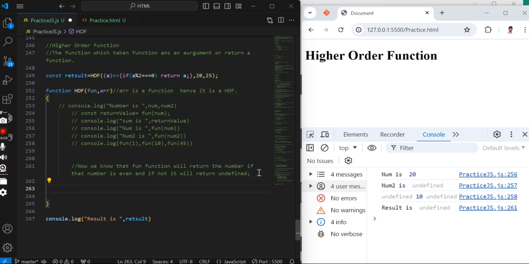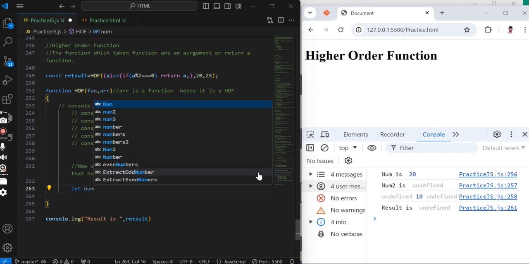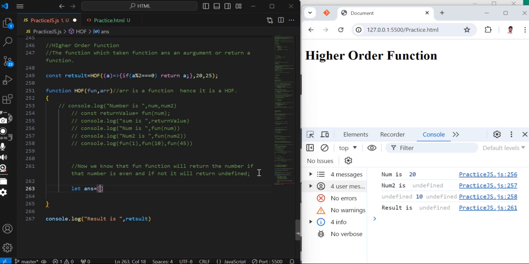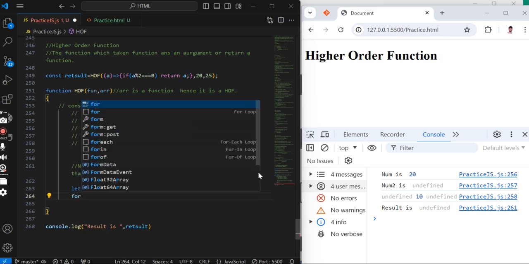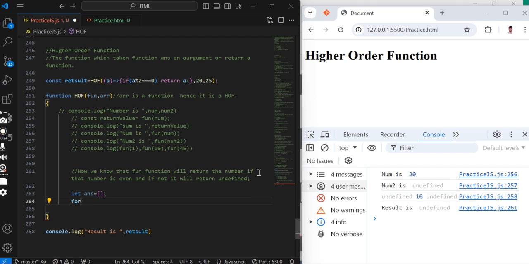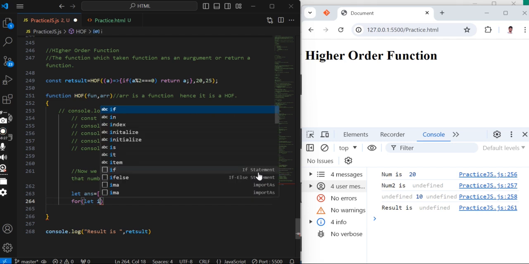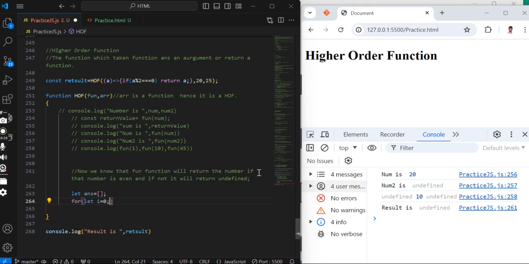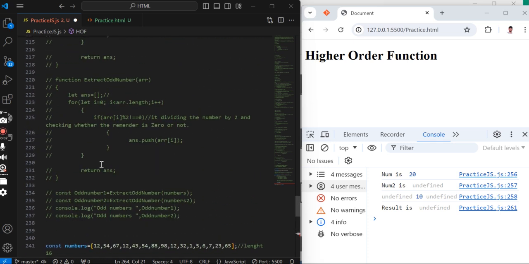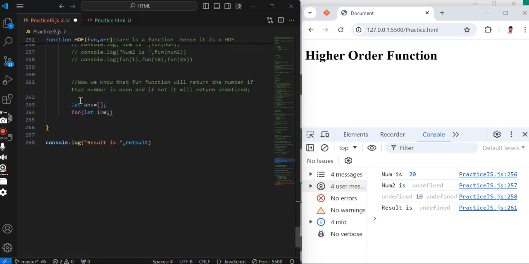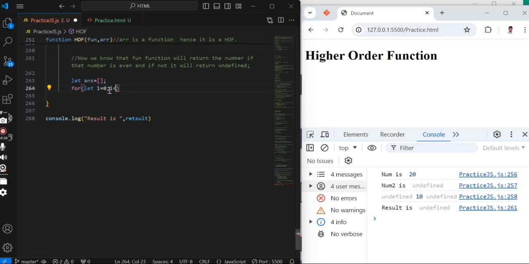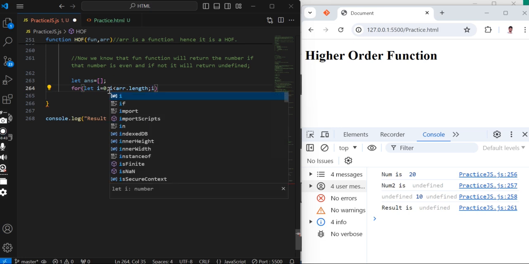For that we are going to do let answer is equal to an empty array, right? Okay, to go through each element we need a for loop which will start from 0 as we were doing previously here, right? i less than arr.length, i plus plus,